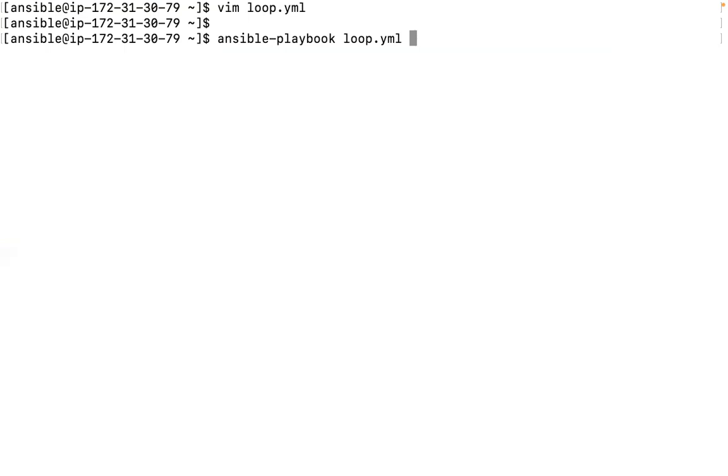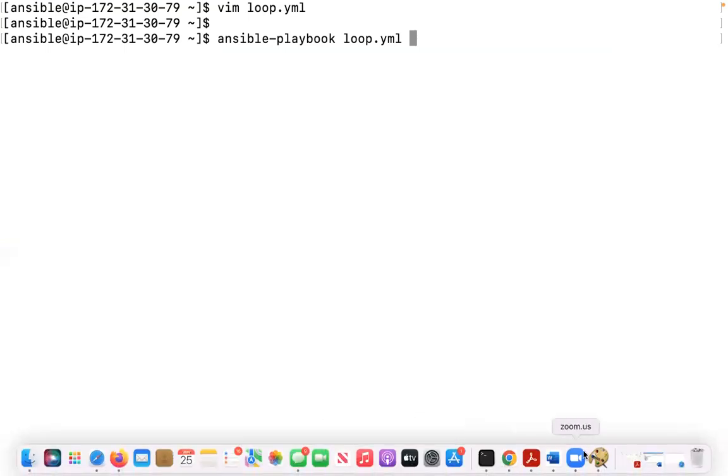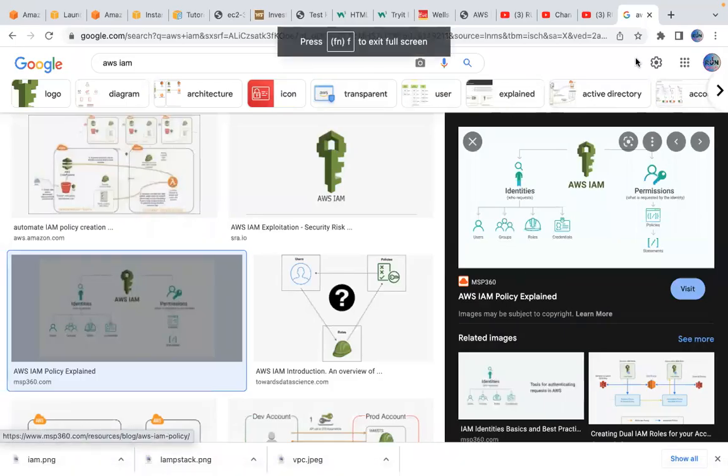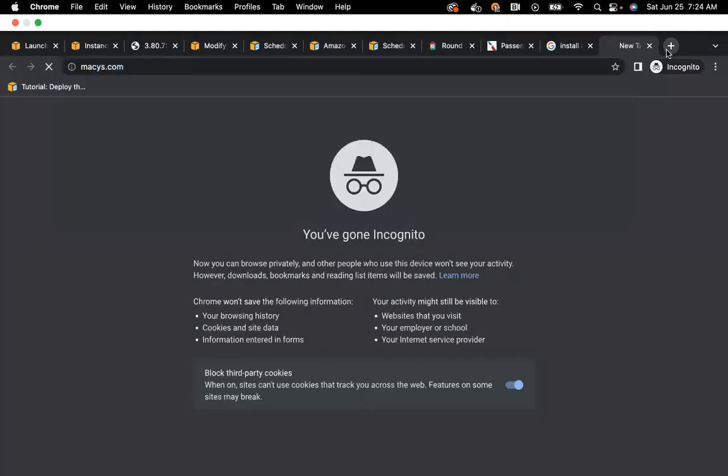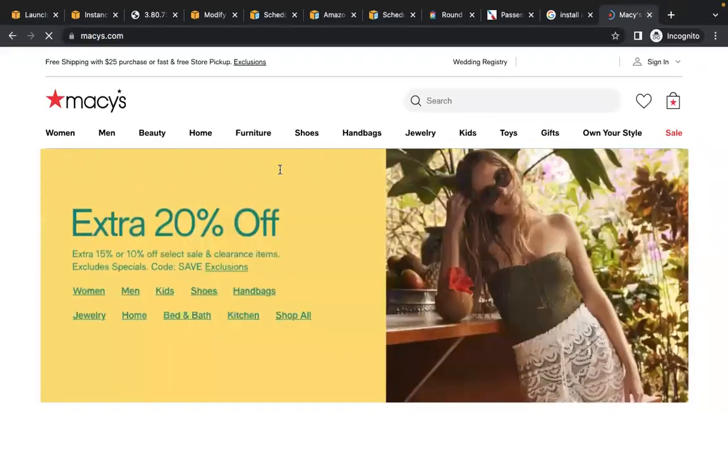In real time, those files have some valid content, and the names and everything are already predefined. For example, what will those files have, or what exactly will those files do, right? And if I open macy's.com, for example, this home,